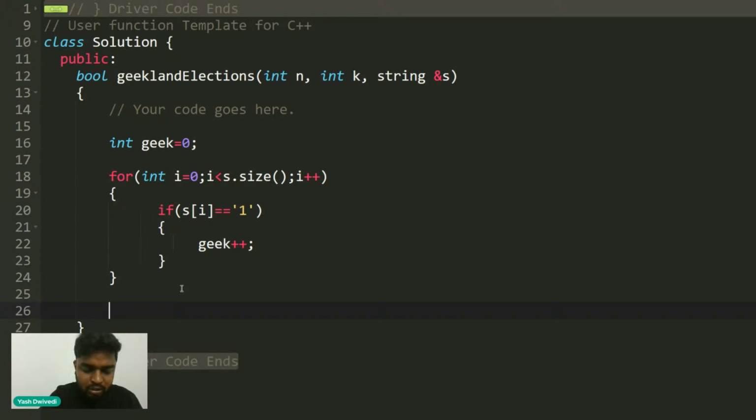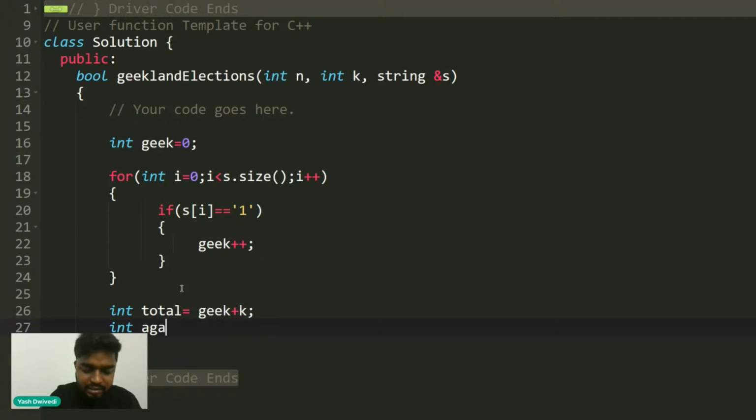Then the total number of votes that geek will get is the votes that geek has already got plus k votes that he can manipulate. And the total number of votes against geek will be, int against, the number of votes that are against geek. They are going to be nothing but n minus the number of votes that geek is getting minus k, because these many votes you are going to manipulate in favor of geek.